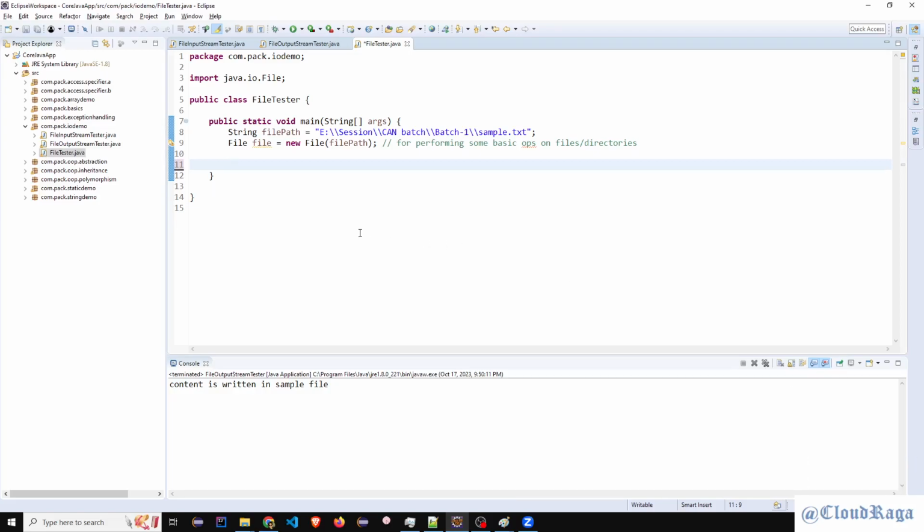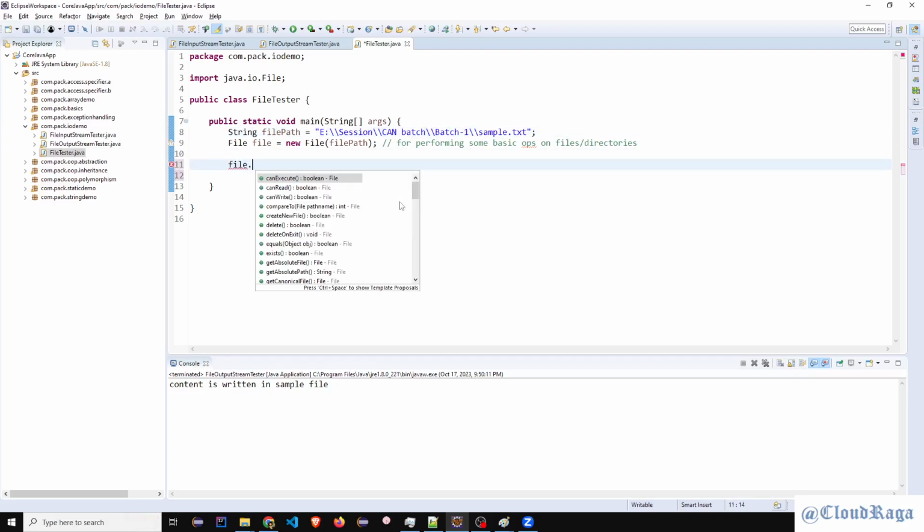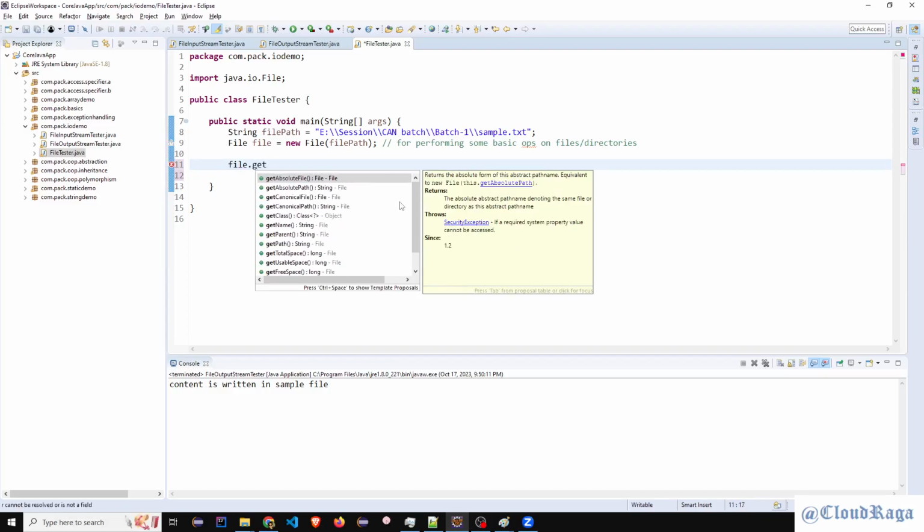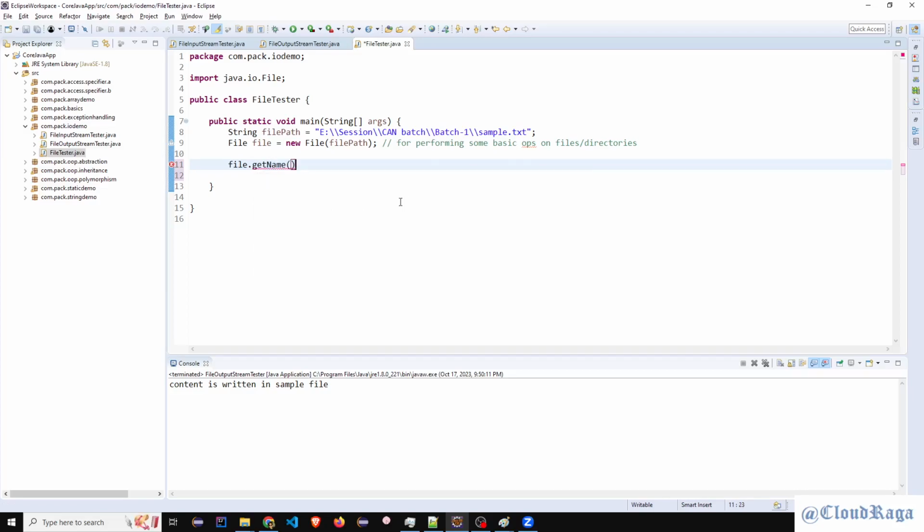So let's see first of all. You can see the file path. It has the E drive, then these whole folders, then finally the file name. If I just need the file name, I can say file.getName.